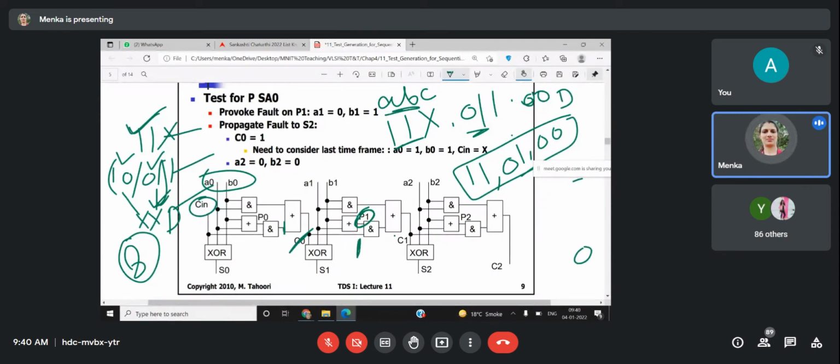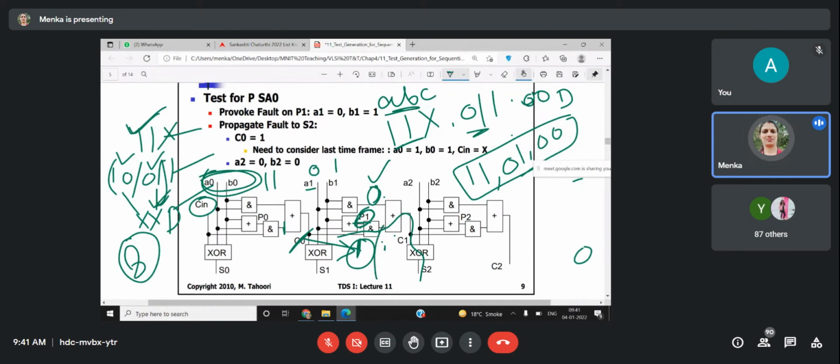ठीक है, सो प्राइमरी ऑब्जेक्टिव आपको A0 B0 इस तरह से चूज करना है कि आपका C0 is 1, A0 B0 if it is 1 1 then C0 becomes 1, right. जब ये 1 हो गया, this 1 and this faulty line will be propagating the fault through this, this, this. तो इसके लिए हमें बाकी चीजों को unaffected करना पड़ेगा. So non-controlling value for OR gate is 0. So your objective is to make it 0. So if I'm making 0 1, so this is going to become 0, and the objective of this is to